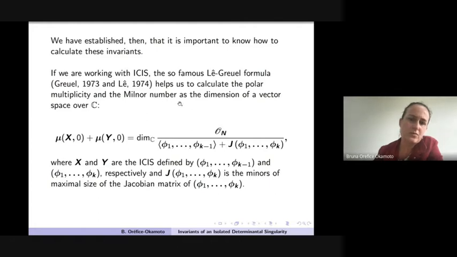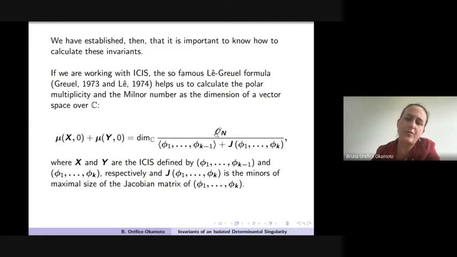We can work in dimension of a vector space over C. I mean, if we have two ICIS, X and Y, and X is defined by k minus 1 function germs f1 until f(k minus 1), and Y is defined by the k function germs f1 to fk, then the sum of the Milnor number of X with the Milnor number of Y is equal to the dimension of this vector space here. Here, O_n is the